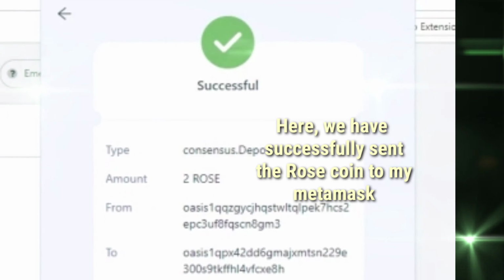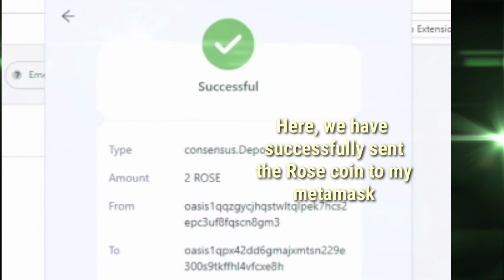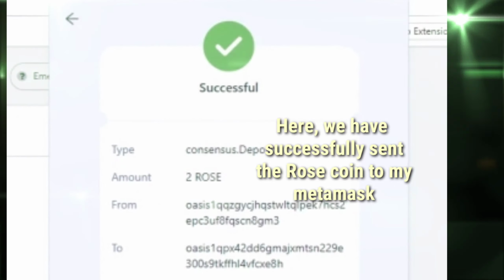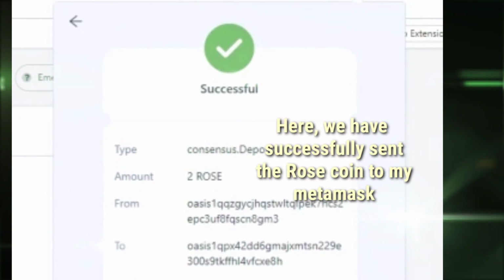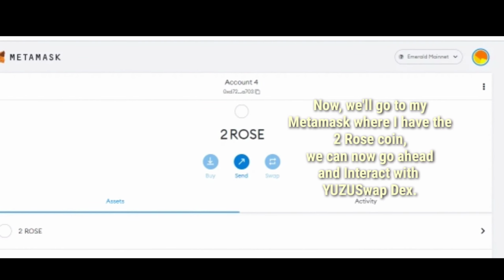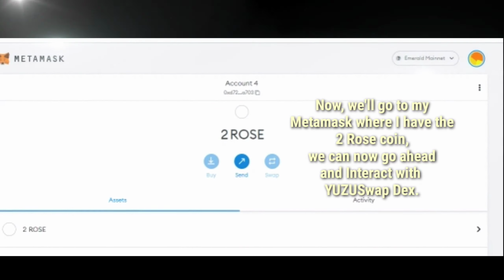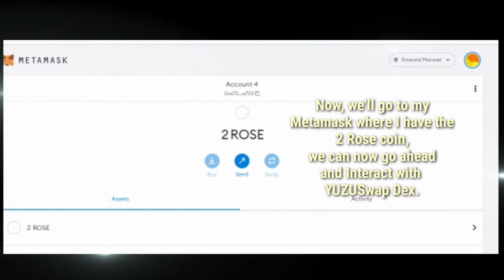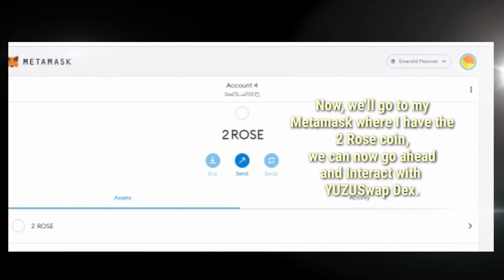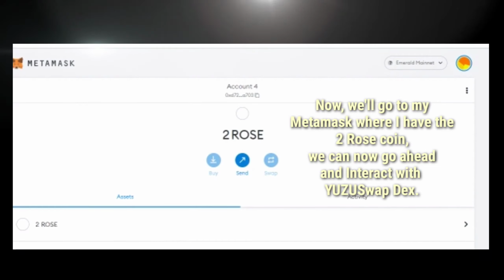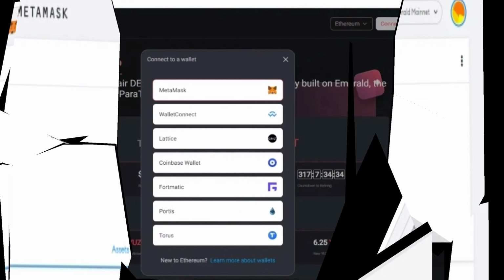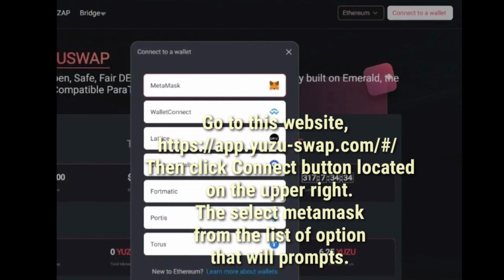Now that we have successfully sent the ROSE coin to my MetaMask, we'll go to my MetaMask where we have the 2 ROSE coin. We can now go ahead and interact with YuzuSwap DEX. Go to this website,